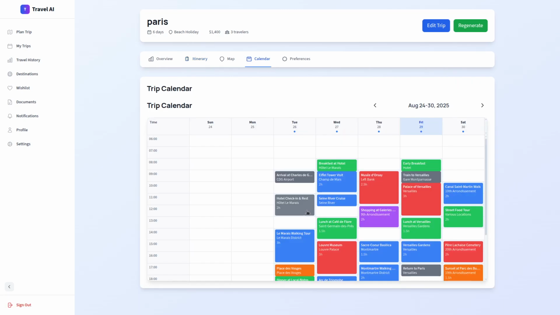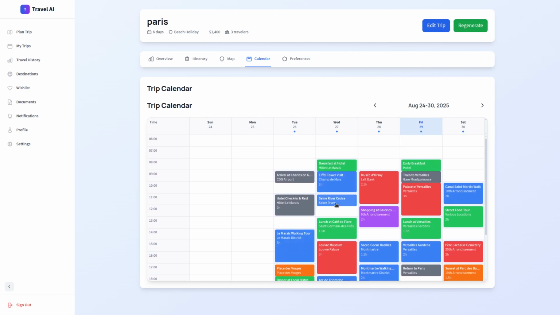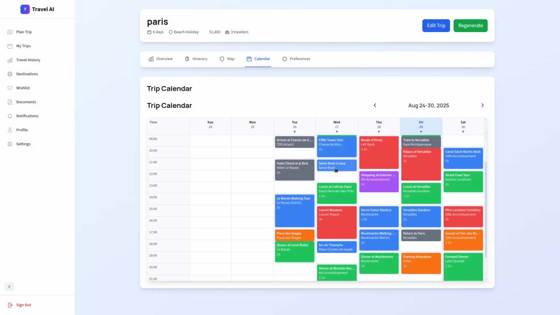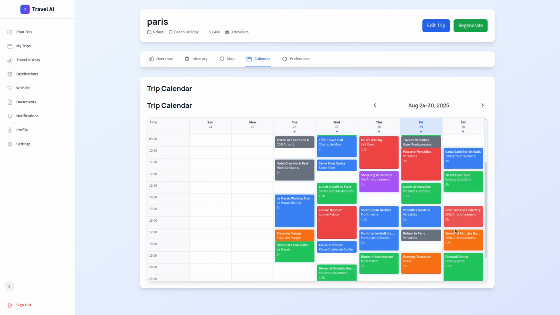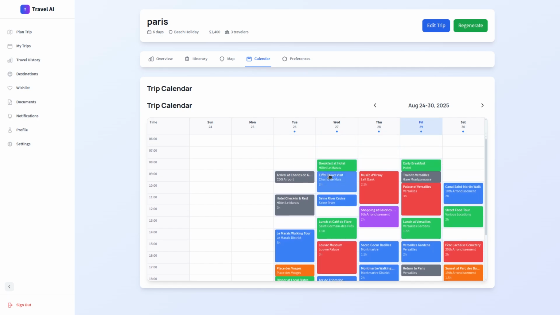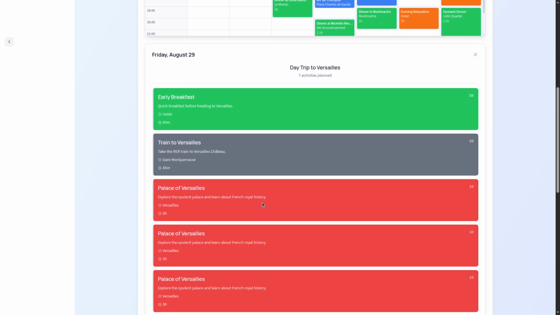About the calendar, so right now imagine that you have your entire trip scheduled here. So you see, okay, there's some lunch, maybe some dinner. So the food things are in green, some attractions here in red, as well as the blue ones. And of course the main things like arrivals, hotel check-ins, etc. So all the transport parts are in gray. Of course those are some initial ideas. You have also day trips and all the activities planned.